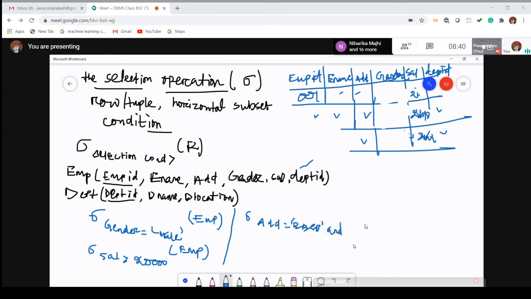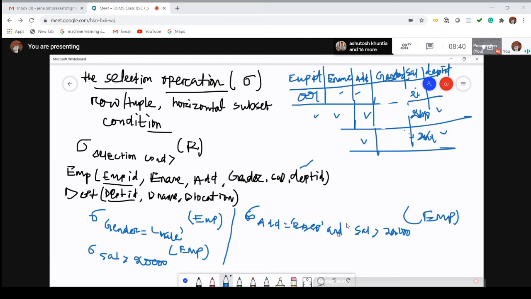Then what is the other condition? Salary is greater than 20,000 from which table? From employee table. Now always remember this employee and this selection operation must be on the same level, and this one is just the below level.